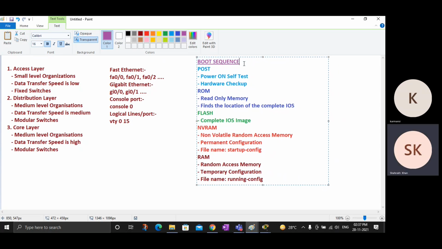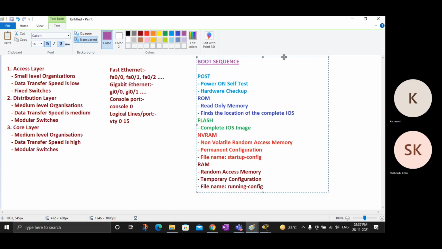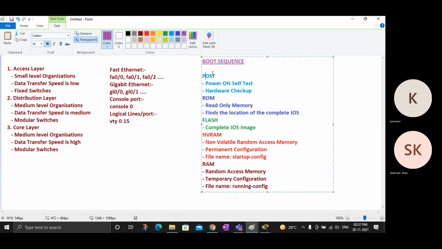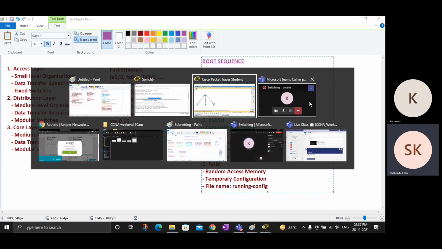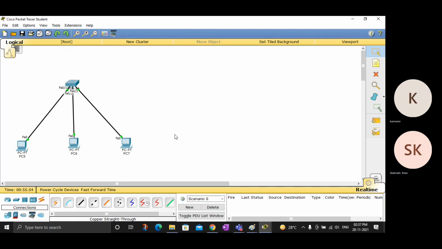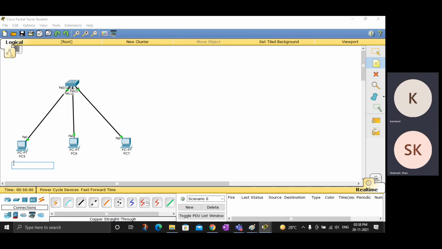So this is the boot sequence we have. Let's go to the device. Let's assign IP addresses to these devices. So I'm using the IP address